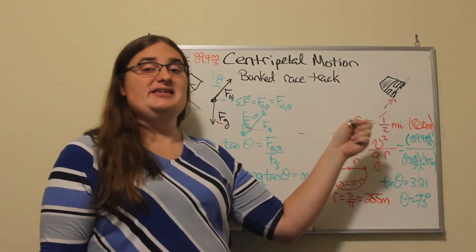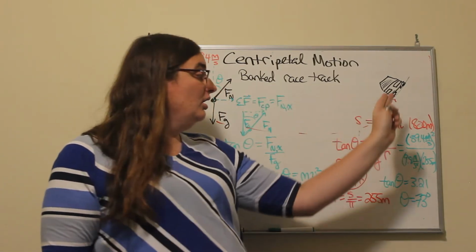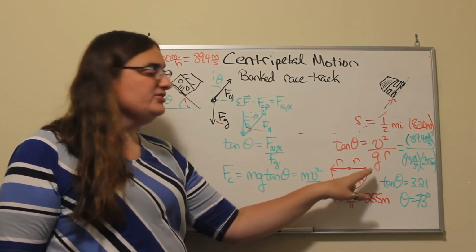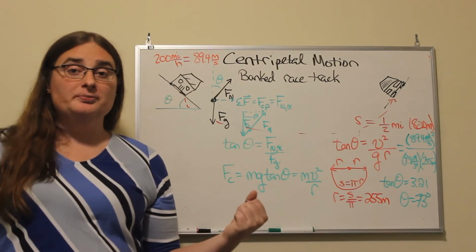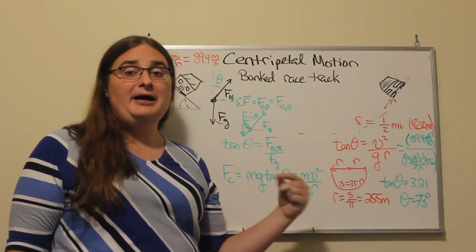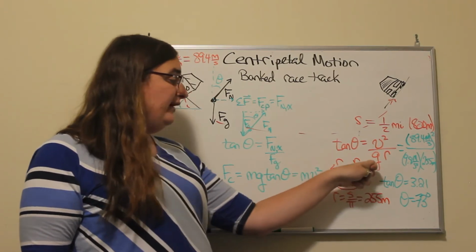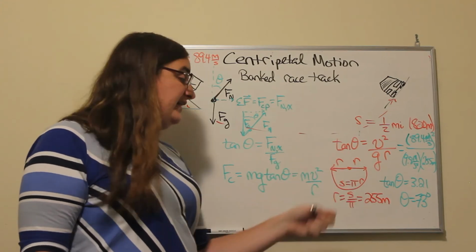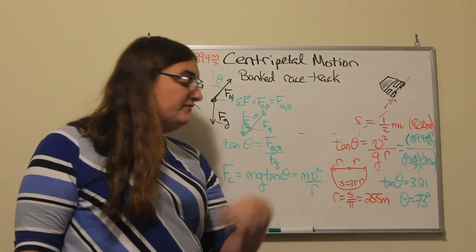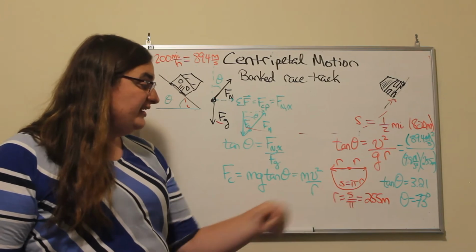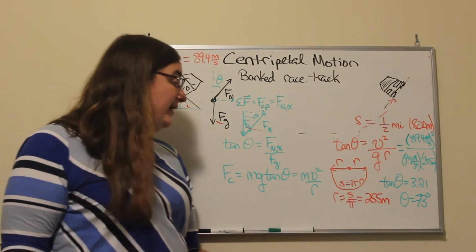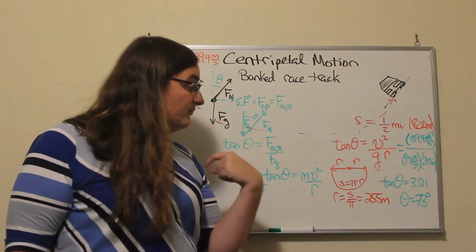Well, this isn't the radius. This is the distance we drive along the track. But if we think about it, if we're turning 180 degrees with the same radius, we've gone through half a circle. So if I drive the whole perimeter of a circle, my distance s would be 2 pi times the radius. So to go halfway around, my distance is pi times the radius, or my radius is the distance it takes me to make my turn divided by pi. So I'm going 180 degrees, or pi radians, in 800 meters, divided by that pi radians,